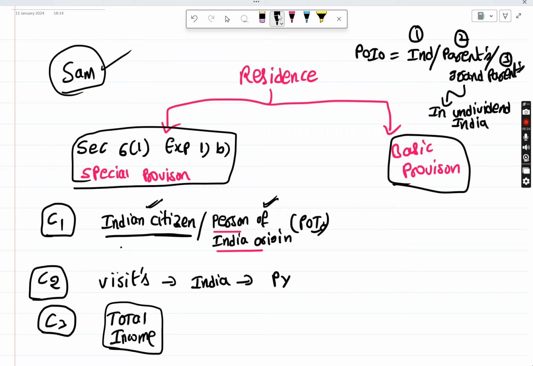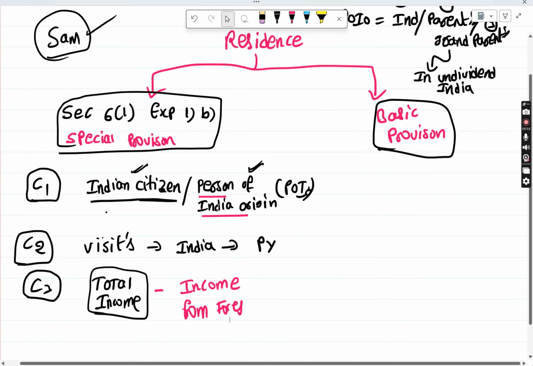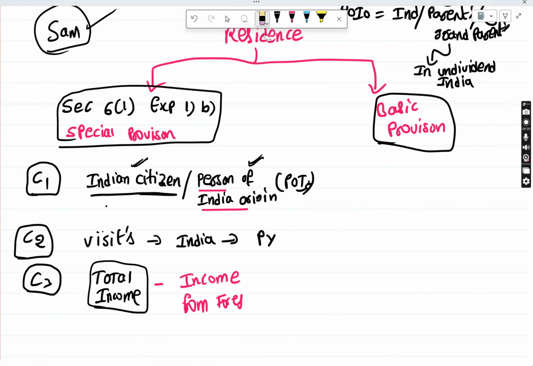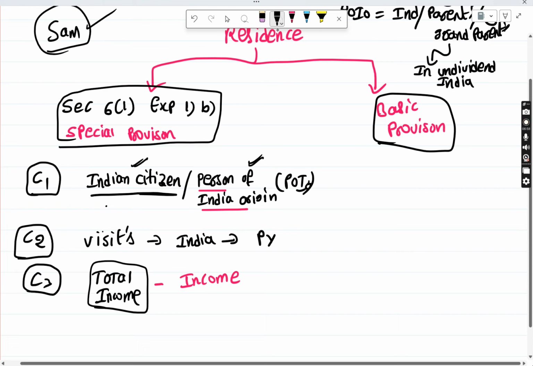If you don't know anything at all, we will discuss that later. For now, take the normal meaning: his total income minus income from foreign source,